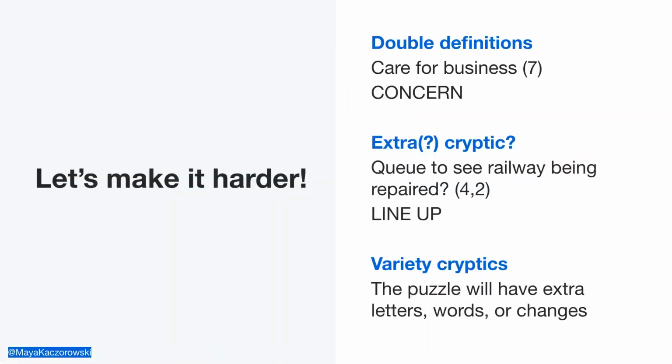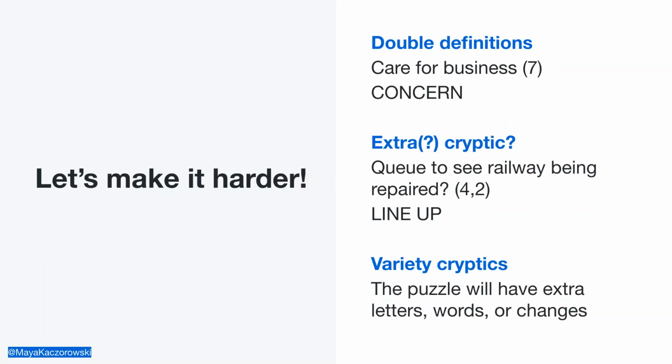Okay, so you've realized by now that clues can have multiple different types of wordplay, which makes this extra complicated and fun, but you don't need to solve these on your own. I use a lot of online tools to look up synonyms, anagram words, or help find words that match a particular pattern, but the best aid that you have is patience. And sometimes you find the answer and you just know it's the answer, and it takes you a while to figure out why and verify. And that's part of what's fun too.